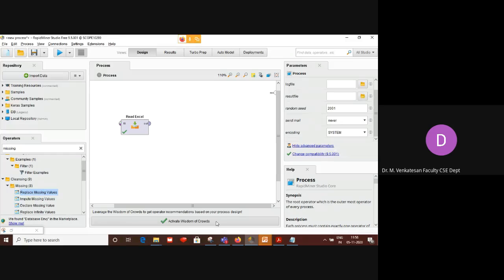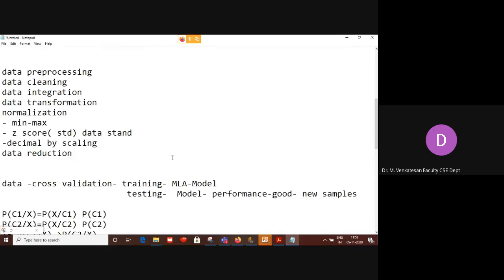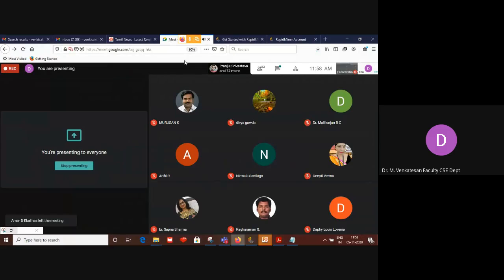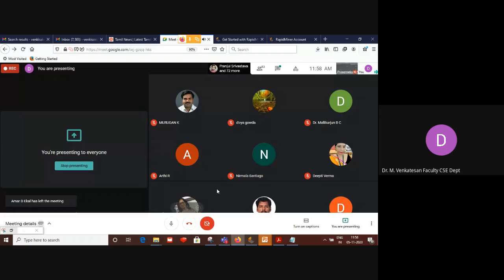So now you know how to read the data. You go back to that topic which you discussed here. What is the process in supervised learning? You have the data to be divided into training and testing. Am I right? So I'm going to use cross validation to divide my data. So how to do that? I'll be using cross validation here.